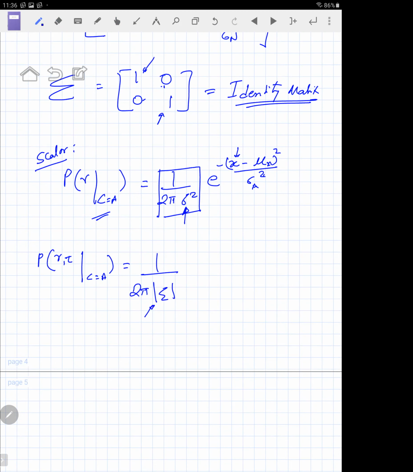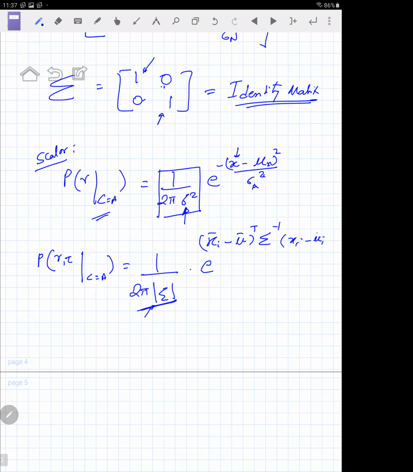If you can remember from your undergraduate days, when you had a matrix, there was a procedure to compute the determinant of the matrix. It's a slightly abstract concept, but for the maximum likelihood computation, just remember that we can ignore this part for now. And then we have the exponent of the particular measurement xi minus the mean vector mu, times sigma inverse, which is the inverse of the covariance matrix, times xi minus mu, transposed.